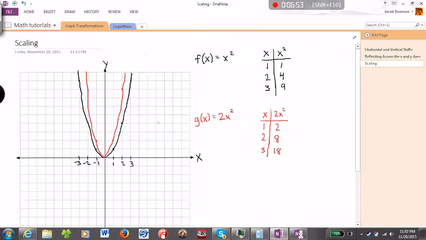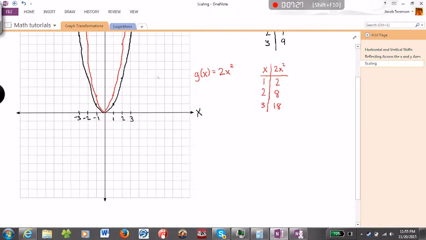that this graph actually became thinner than the original one, but we multiplied it by 2. So this scaling shrank it, or I don't really know what the technical term is for this one. I call it shrink it, as opposed to expanding it. So let's try to take the opposite of this. Let's go with blue, and instead of multiplying by 2, we'll multiply by a half, and we'll see where that gets us. So we'll call this h of x,